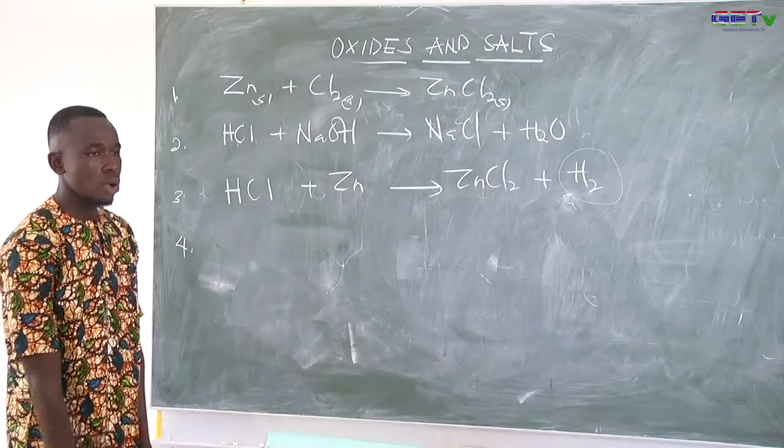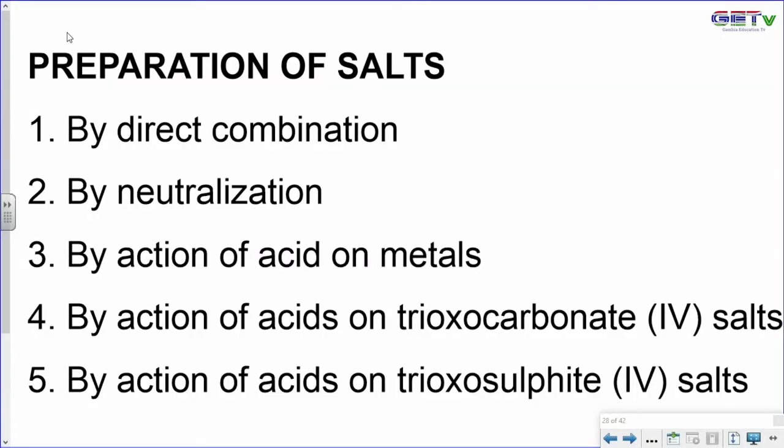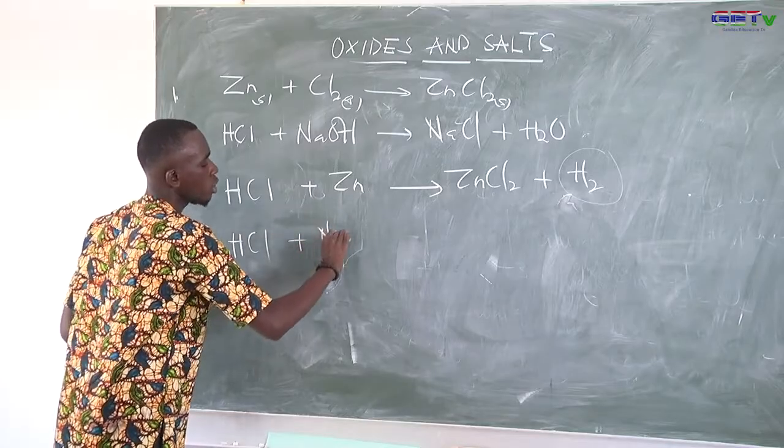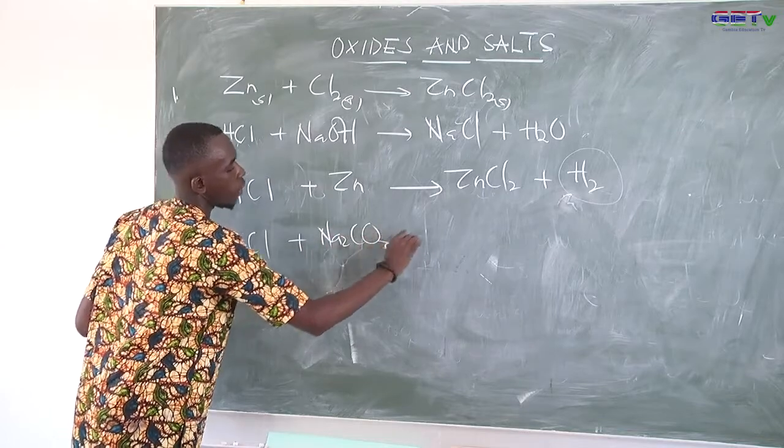Number 4, we have by the action of acids on trioxocarbonate salts. In this method, you only have one type of salt, but you need another type of salt. You can use a salt to form another salt. That is action of acids on trioxocarbonate salts. If you have HCl acid with any trioxocarbonate, like sodium trioxocarbonate 4,